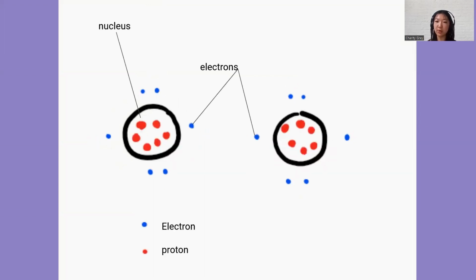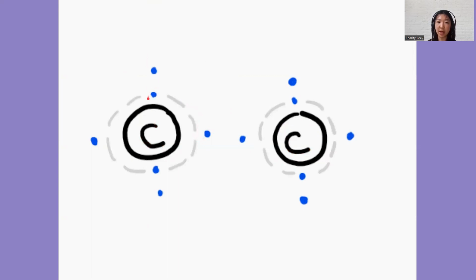This is slightly different from the previous slide because here, I've specified that we actually have valence electrons and non-valence electrons. So hydrogen only needs 2 electrons in its outer shell, the valence shell, to be happy. However, all the other atoms in the second row of the periodic table want 8 electrons in their valence shell. This is the same for carbon. Carbon follows the octet rule, so it wants 8 electrons in its outer shell. Because the inside shell is 2, we don't need more electrons for that. So even though carbon has 6 electrons, it wants 4 more to fulfill the octet because the 2 already fill